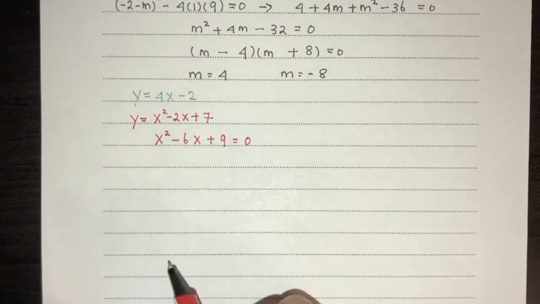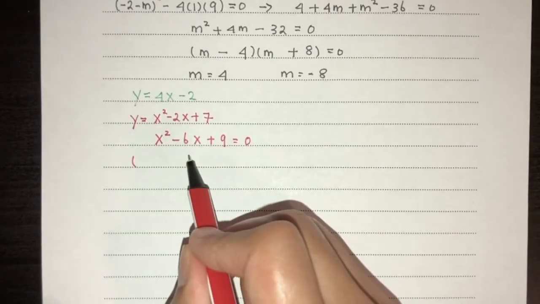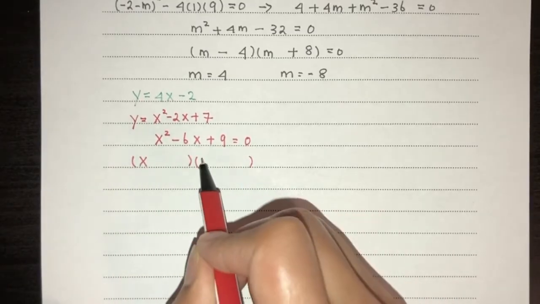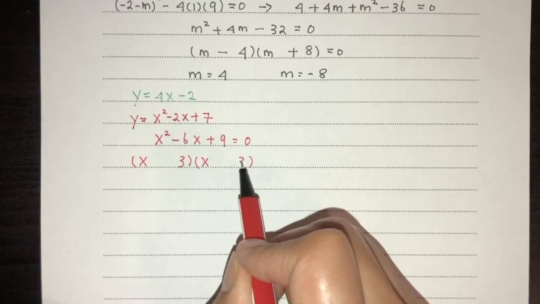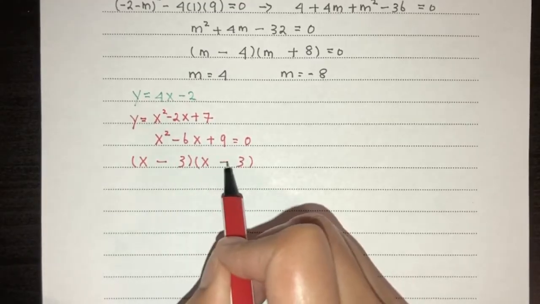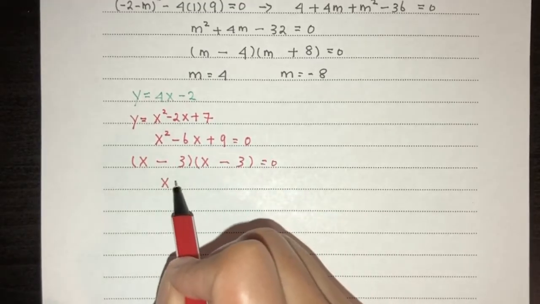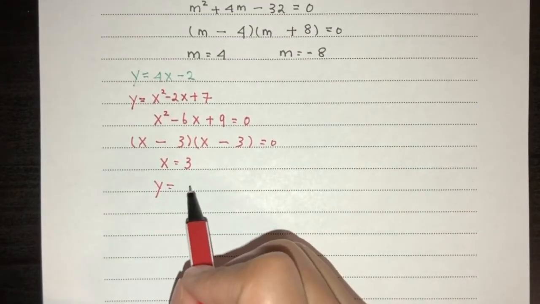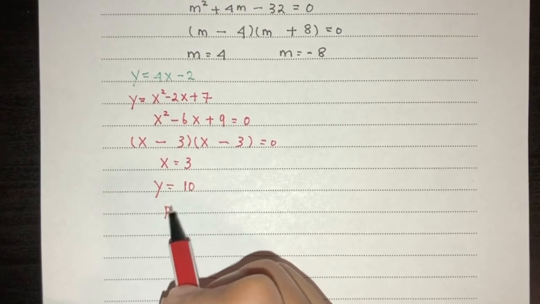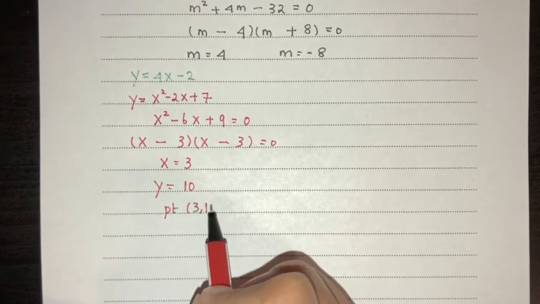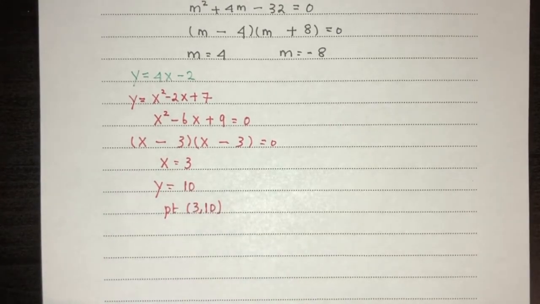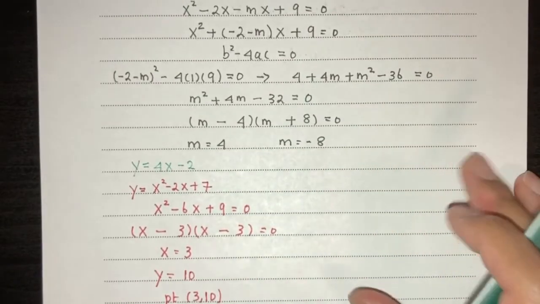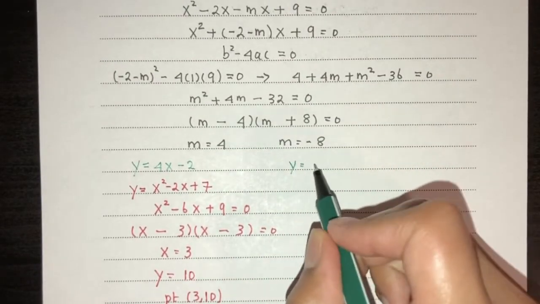Now let's see what we can do. That will be (x minus 3)(x minus 3), since 9 is 3 times 3, and to get minus 6 it has to be minus minus. So x will be 3, and the value of y will be 4 times 3 is 12, minus 2 is 10. So the point will be (3, 10). That's the first one. And now if the value of m was minus 8,